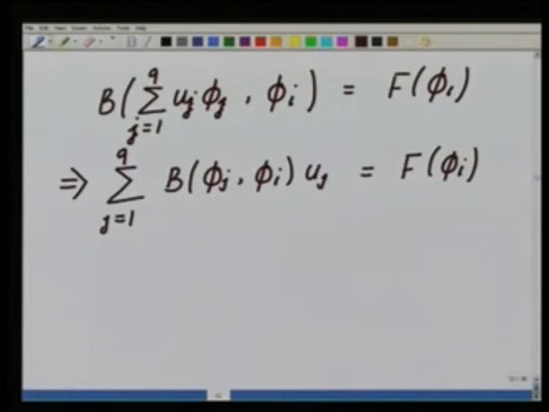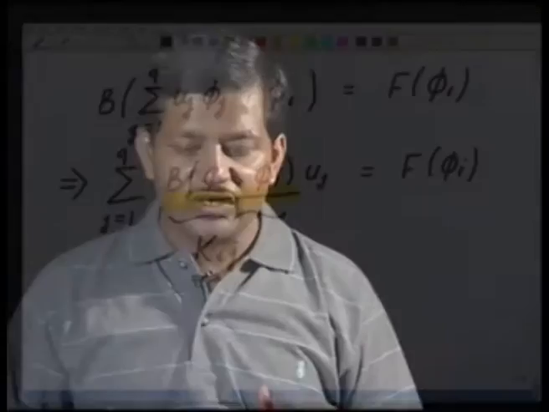Okay. If you see, for the ith equation, this term becomes the coefficient of the jth unknown. So, what is it called? If you want to go back to what we had done earlier, this term will be equal to k for the ith equation, jth column. So, this is Kij.